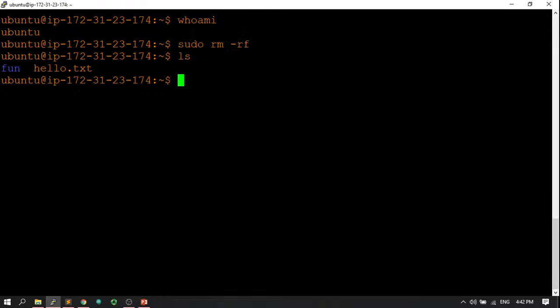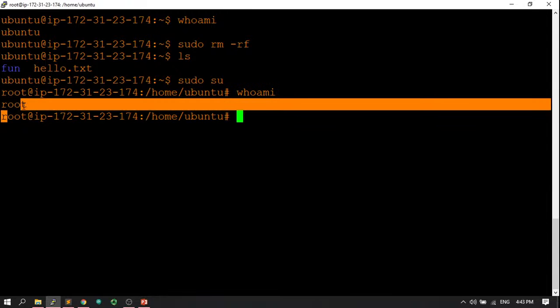Right now I am logged in as the Ubuntu user. Now what if I want to switch to the root user, right? To switch to the root user, just type in sudo su. So this is basically switching user. So if I do sudo su, you can see that it's changed from Ubuntu to root over here, right? And if I do whoami again, you will see that it is telling me that I'm the root